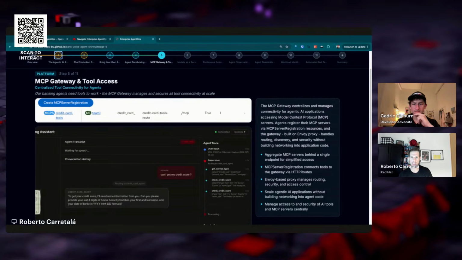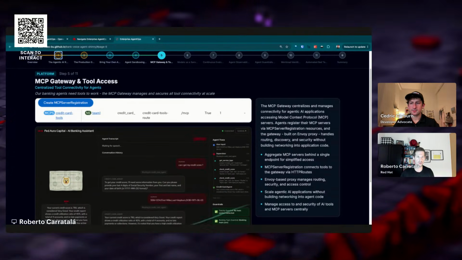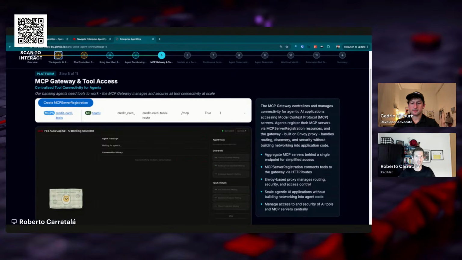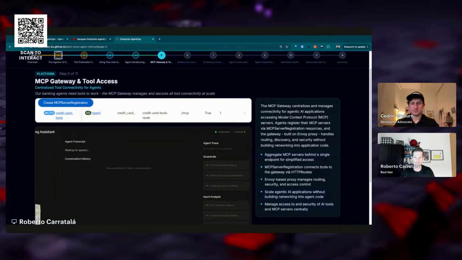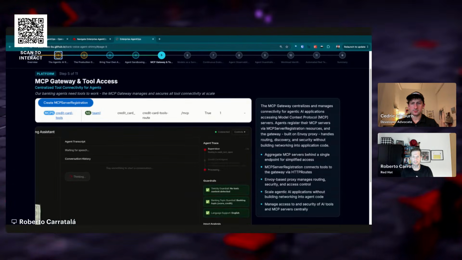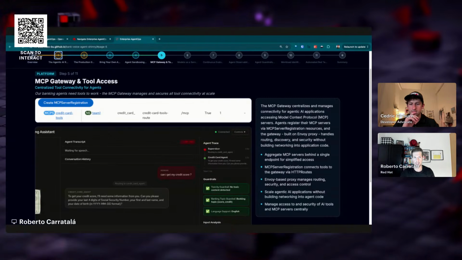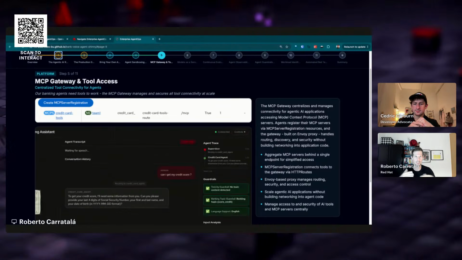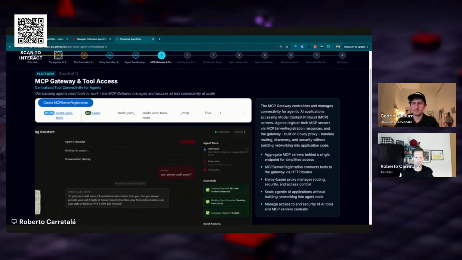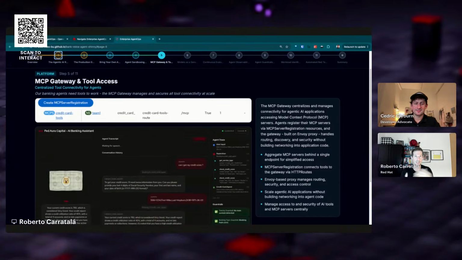And with this, we had this protocol that is called MCP, that is Model Context Protocol. Essentially, it's a way of giving a standardized way to call the different tools. That could be something as simple as you need to call an API or you need to search online. But we need to provide to our agents a way of having something that centralizes and manages the connectivity, because one thing that MCP does is they are not providing out-of-the-box things like